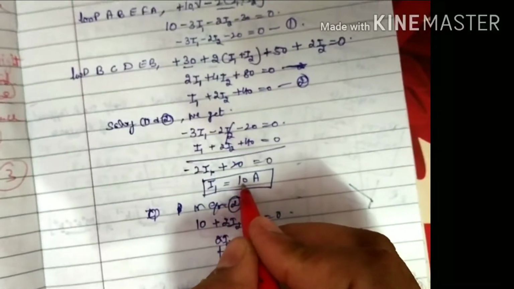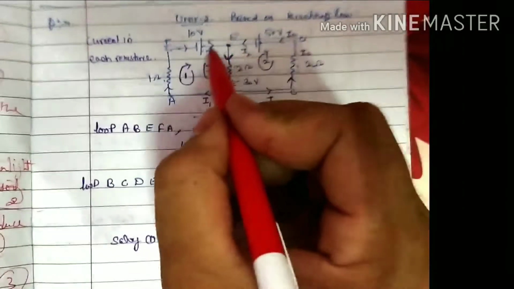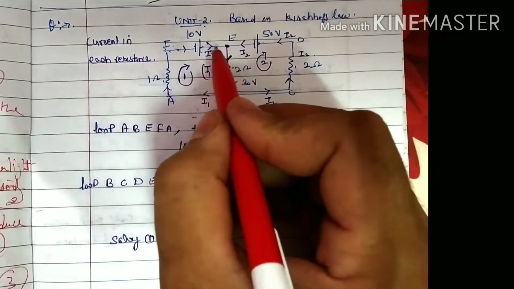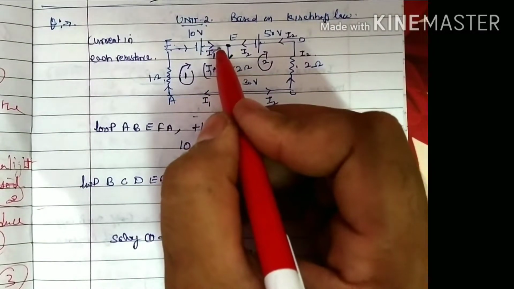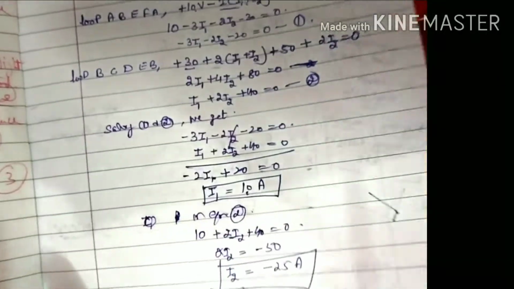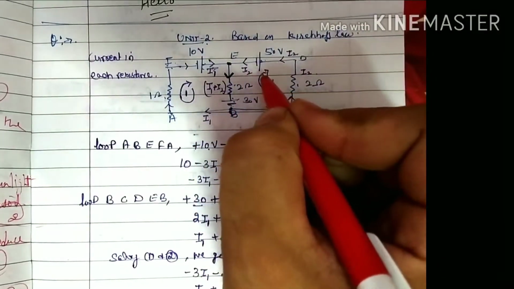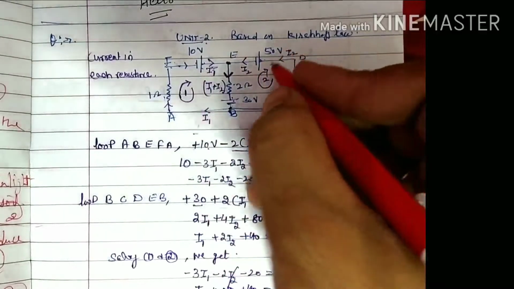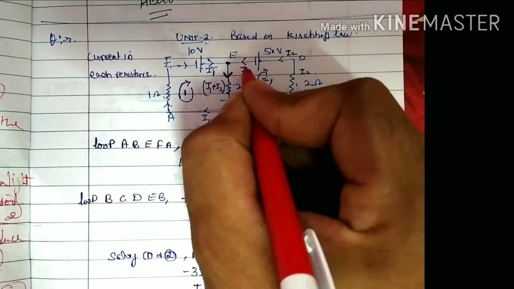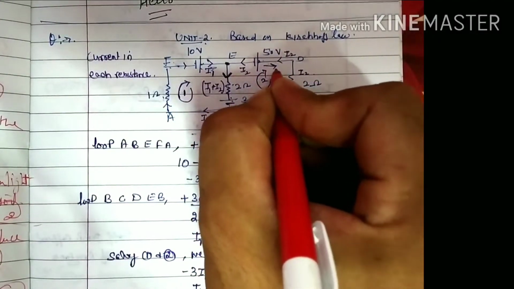So whatever be the direction of the current we have given in the circuit, this is the direction of the current I1. That will remain the same, as we have given this direction toward this side, that direction of the current will be right. Now I2 is minus 25. Now you see here in the circuit, I2 current is flowing toward this side, but it is minus 25. So this current should be toward this side, that is opposite.